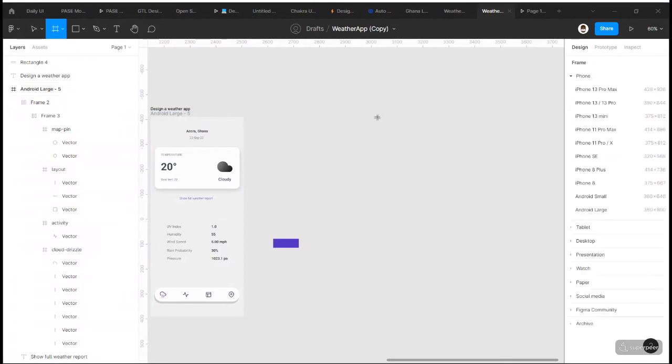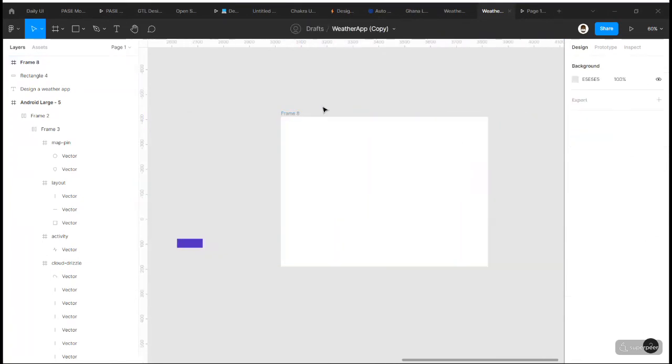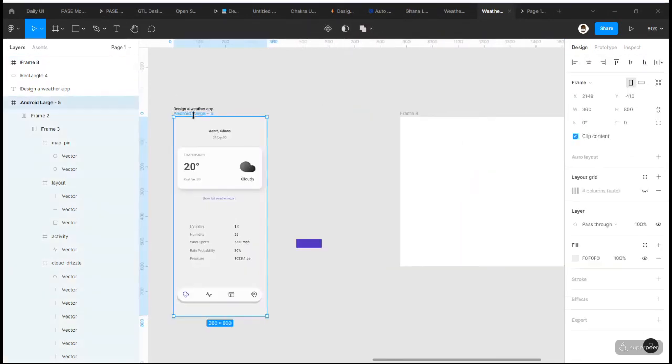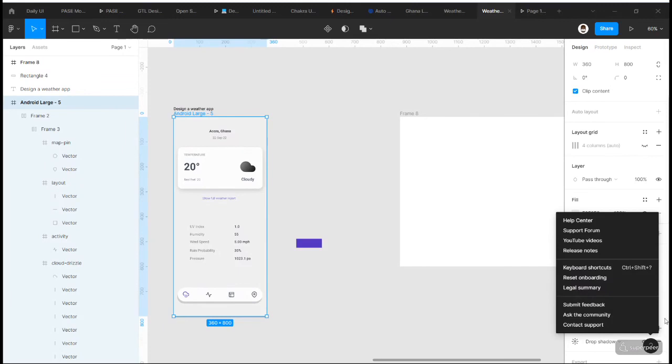If we want to post it, we can have a 16. So let's do 800 and the other one 600. Basically this is for posting, so we can download our design. We can export our design and then